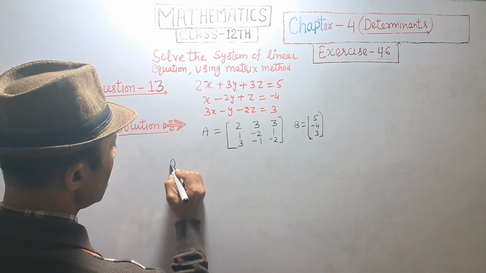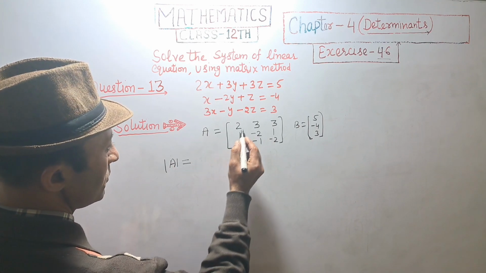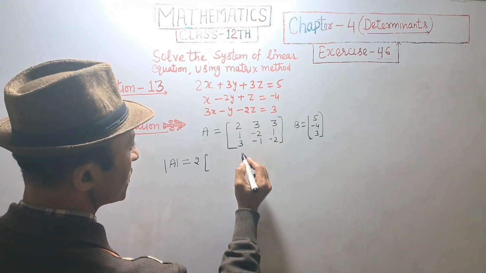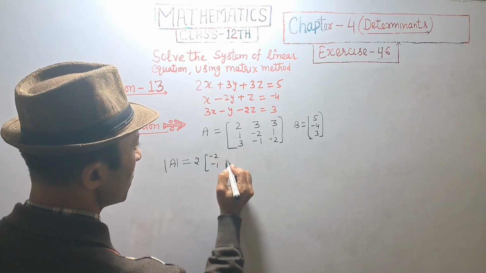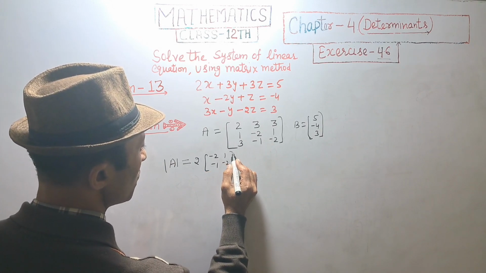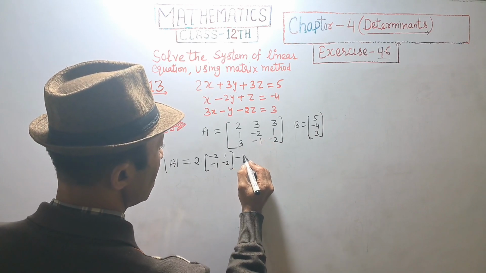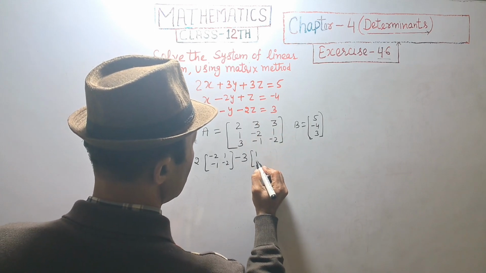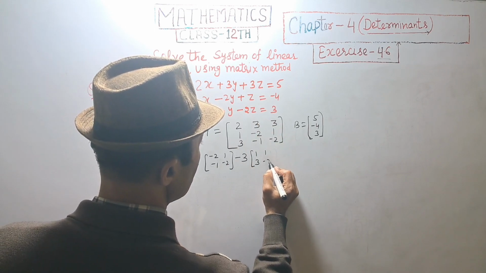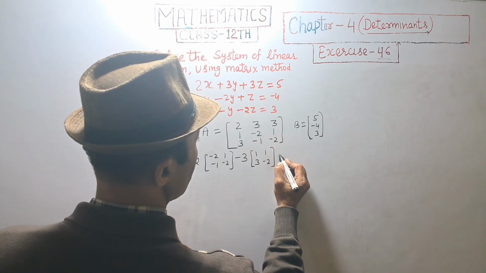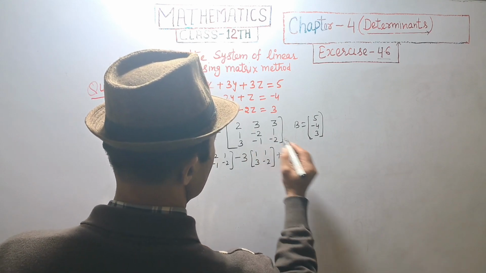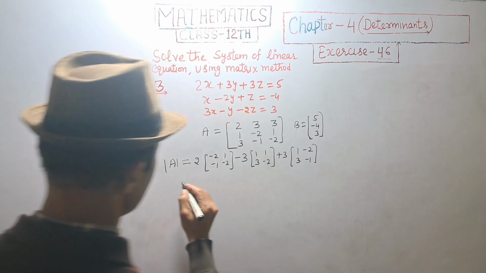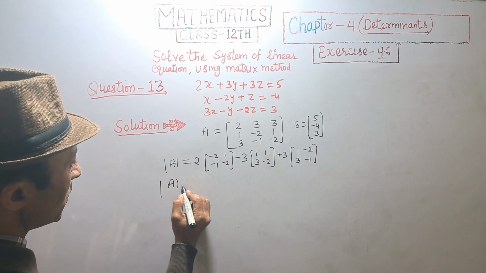First of all, the determinant of A is equal to 2 times the minor of the first row, first column: minus 2, minus 1, 1, minus 2, and second term minus 3 times the minor of the first row, second column: 1, 1, 3, minus 2, and plus 3 times 1, minus 2, 3, minus 1. So the determinant of A is equal to